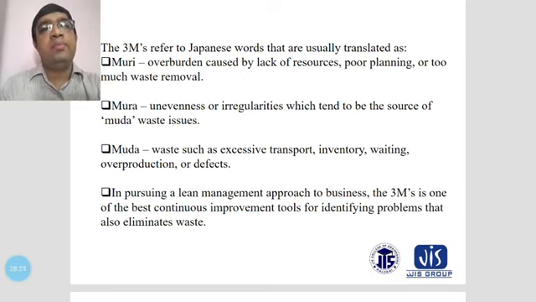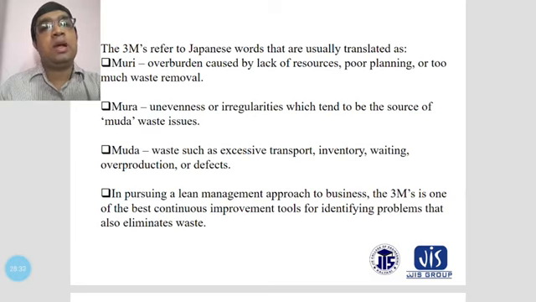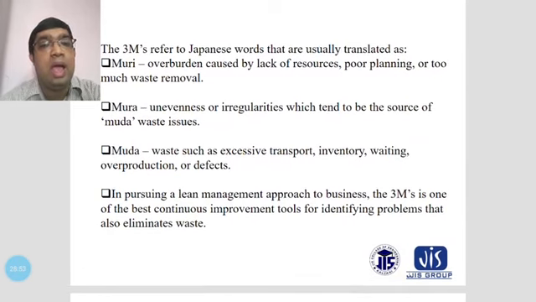This leads to storage in your company, which costs money, and it is a difficulty for your cash, because your cash is frozen and cannot be used for other business purposes. These difficulties of overproduction and defects come from Muda.